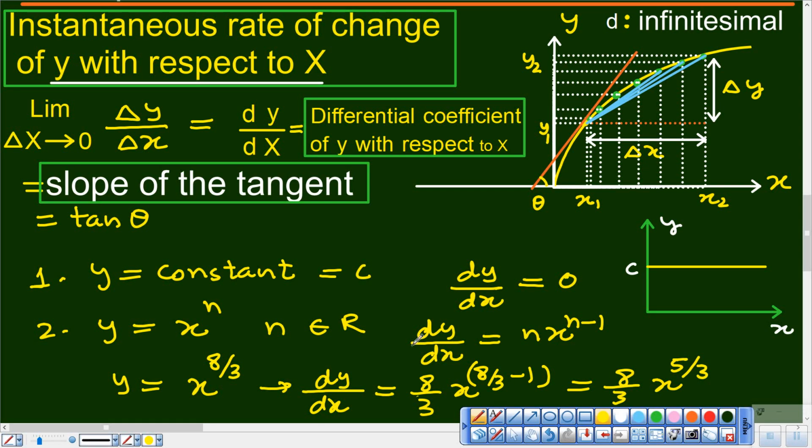Now, how do you get this formula? This you'll learn in the 11th maths class itself, in the later part of it. There is a chapter devoted to this, right? So for the time being, this set of formulas, and the other formulas which you can look into in any book, will be useful for finding the differential coefficient. So that is what differentiation is all about.